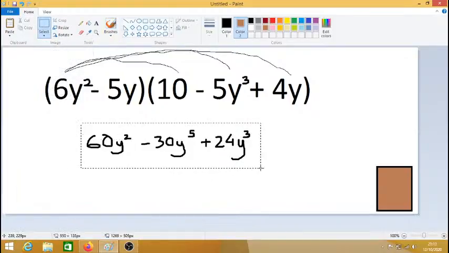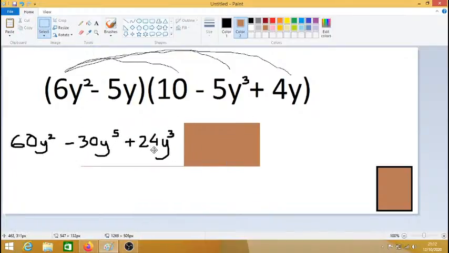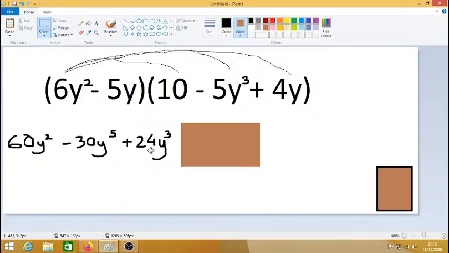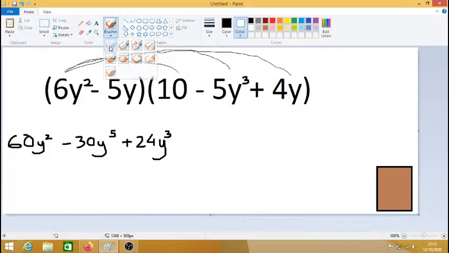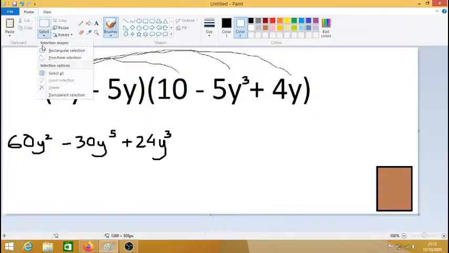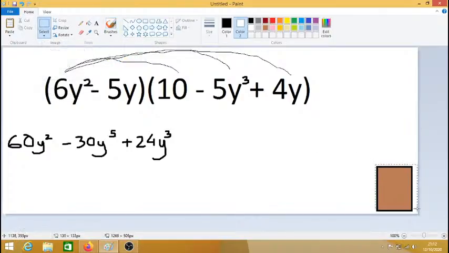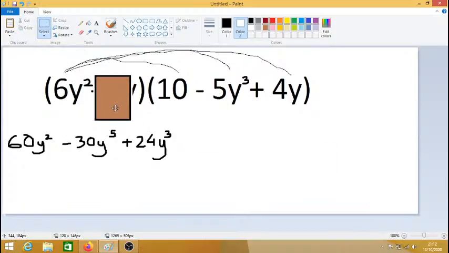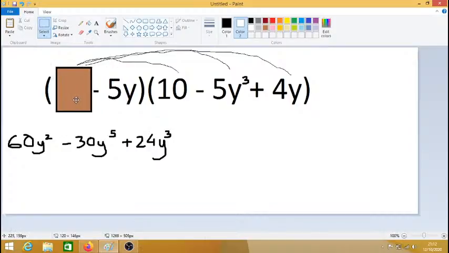And the reason you have to use the cover-up method is because it gets quite complicated. So I'm just going to move that to the left. Just change my color back so that's clearer. And now, taking what you covered up or imagined was covered up. That's the minus 5y we imagined was covered up. Now we're just going to move that cover across to the 6y squared, because that's been done now. We've done the 6y squared as much as we could. So now I can leave that there, and the focus is just on what's left, the minus 5y times each